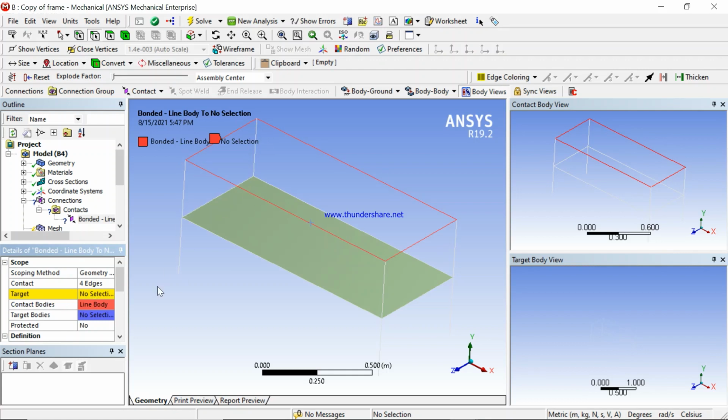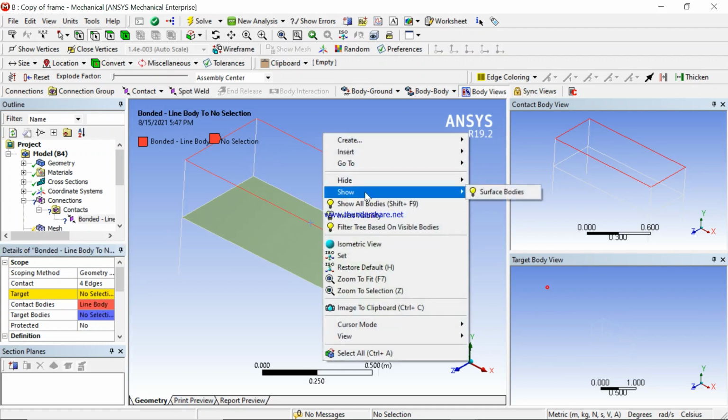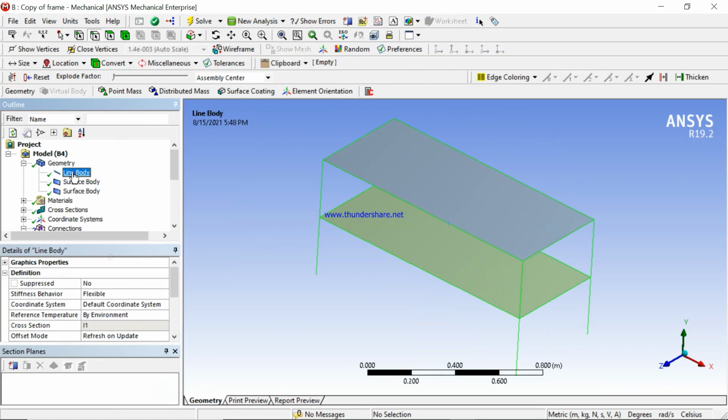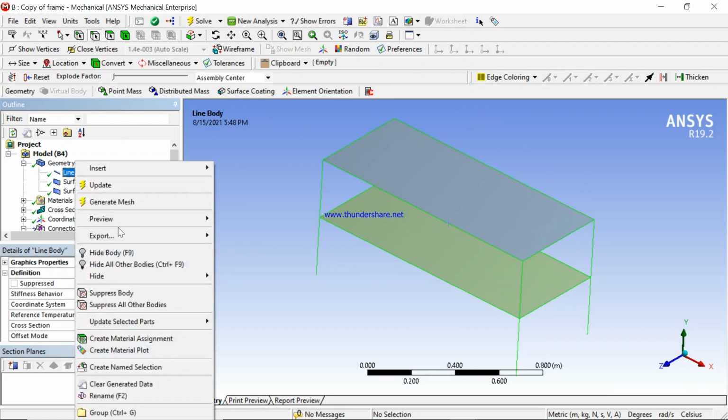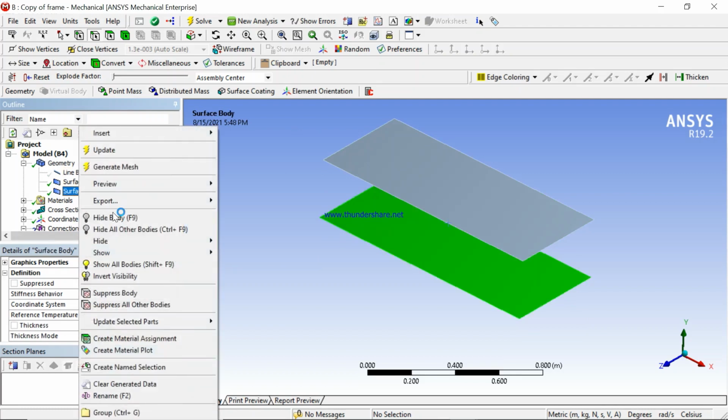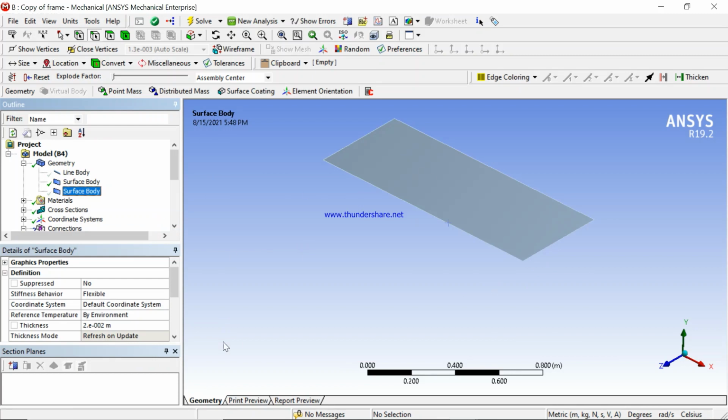So for our target body, I'll just right click, then I say show all surface bodies. Our surface body is back. Then I can come to geometries. I can still hide this body, hide this body, hide another surface, and still hide the other surface. So that means that when you come back to our connections, the contact body,